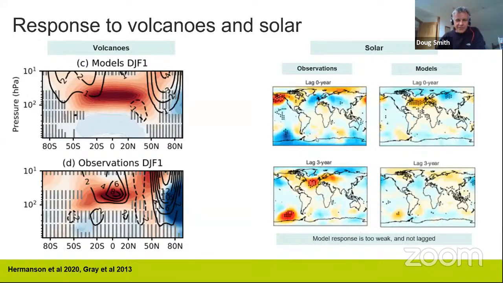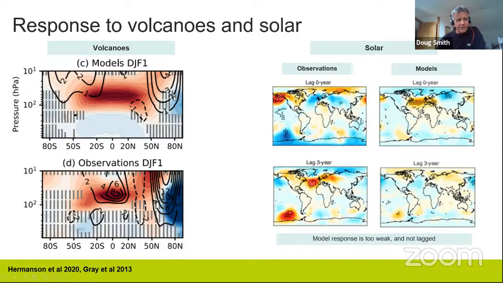So there's also some evidence that models may underestimate the responses to external factors. This plot on the left shows a multi-model response to volcanic eruptions in the first winter following a volcanic eruption. It's an aggregate over several, or 3, volcanic eruptions. The colors show the heating response. You can see there's heating in the stratosphere due to the aerosols released by the volcanoes, and the contours show the zonal wind response, showing a strengthening of the polar vortex